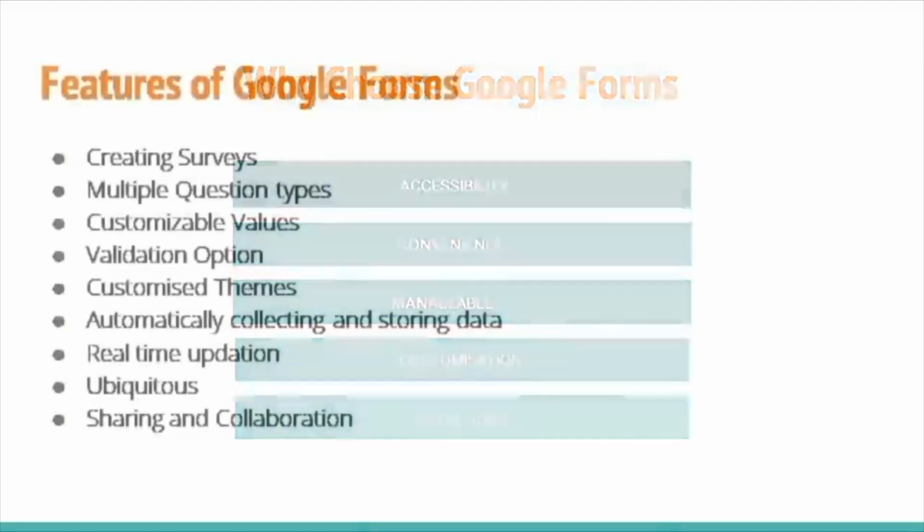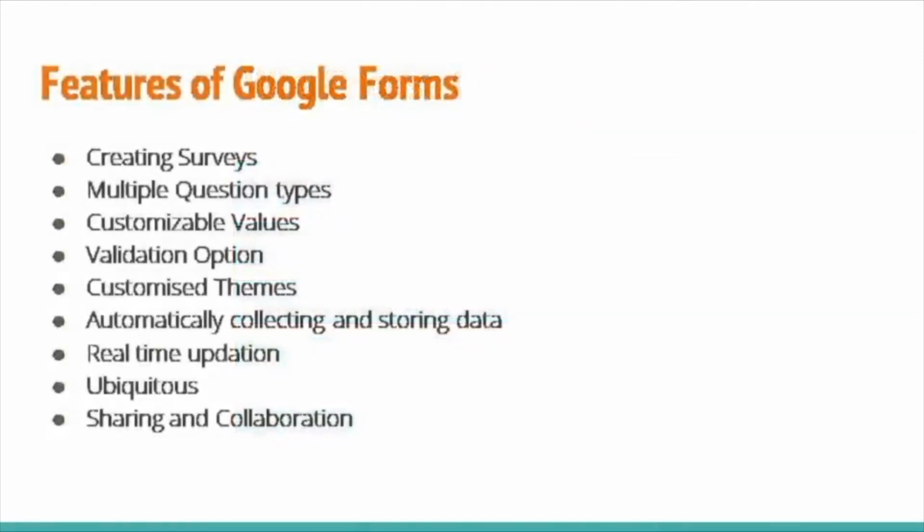Now, next we move on to the attributes or the features of Google Forms. First and foremost, it helps us to create survey questionnaires. Furthermore, it helps in creating questions in multiple types. The question types include short answers, paragraphs, multiple choice questions, checkboxes, drop downs, and linear scales. The users can also insert images, YouTube videos, logos, and other logics in order to give Google Forms a professional look.